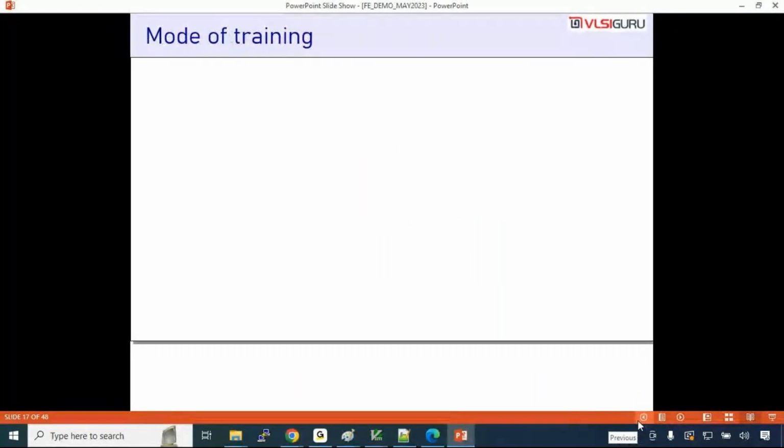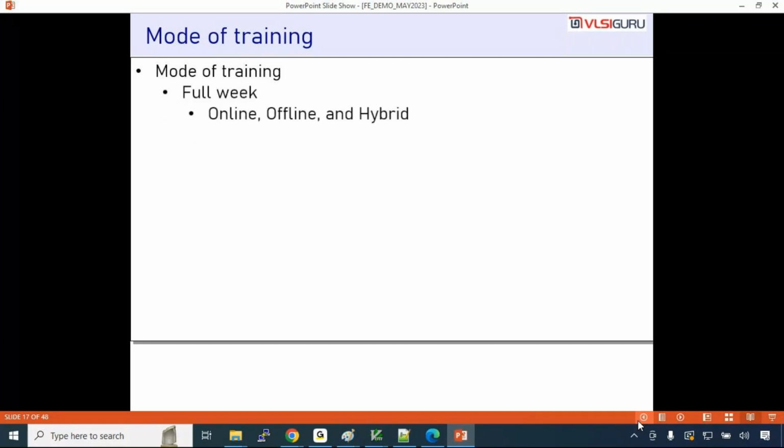Now let us talk about the mode of training. As you know, currently the mode of training is what? Offline, online, and the training is available in full week, where you can do completely online also, 100% online, you can do 100% offline, you can do in hybrid model also. What is hybrid model? 2 months you attend from home, then you come here, attend for 1 month offline, again you go back home, attend. That is all possible because